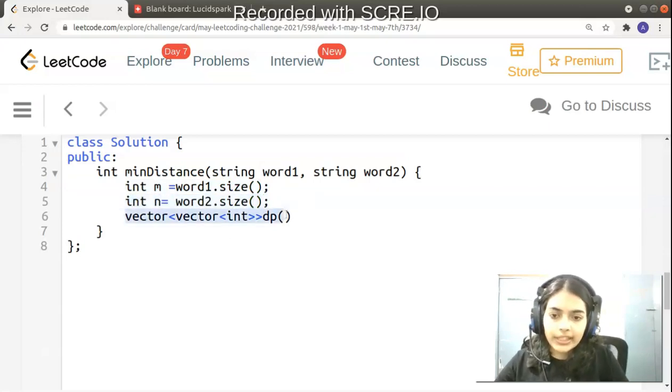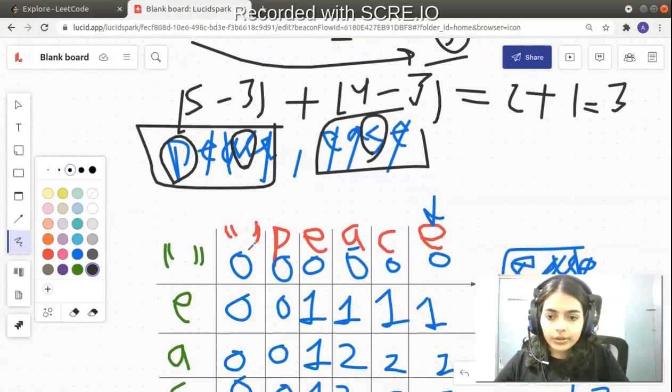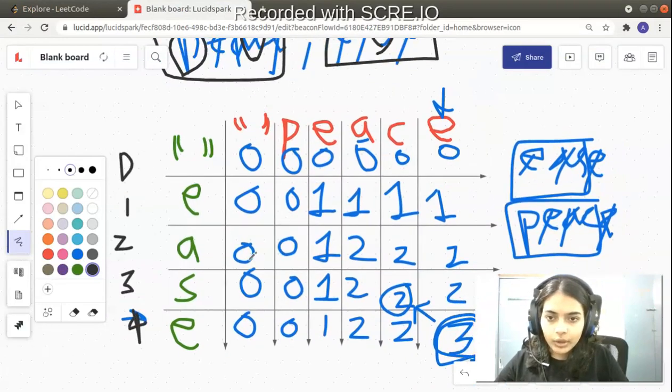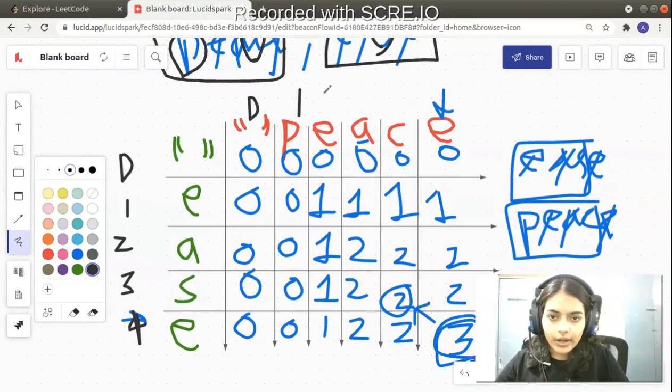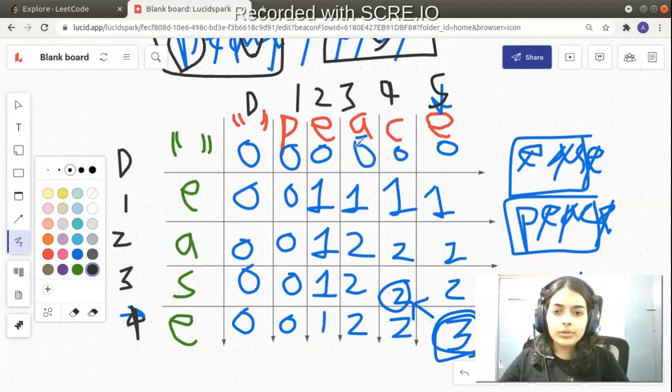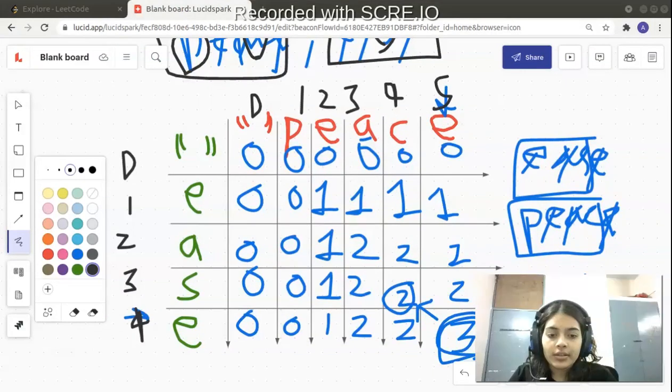Now you have to build the DP vector, you know, so what are you doing? So here you are writing the indices 0, 1, 2, 3, 4, right? And here what are the indices that you are writing? 0, 1, 2, 3, 4, 5. So what are you doing? You are going to build this particular code from here on. So let's get started coding it, and let's make one observation here.